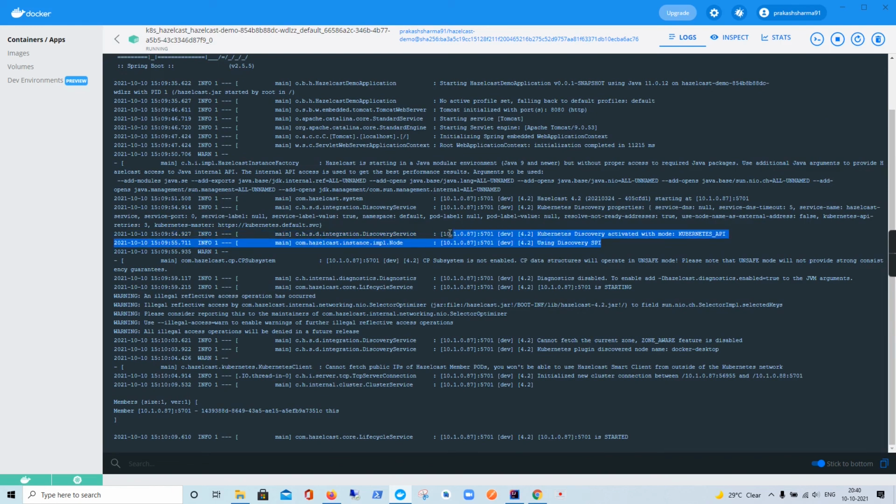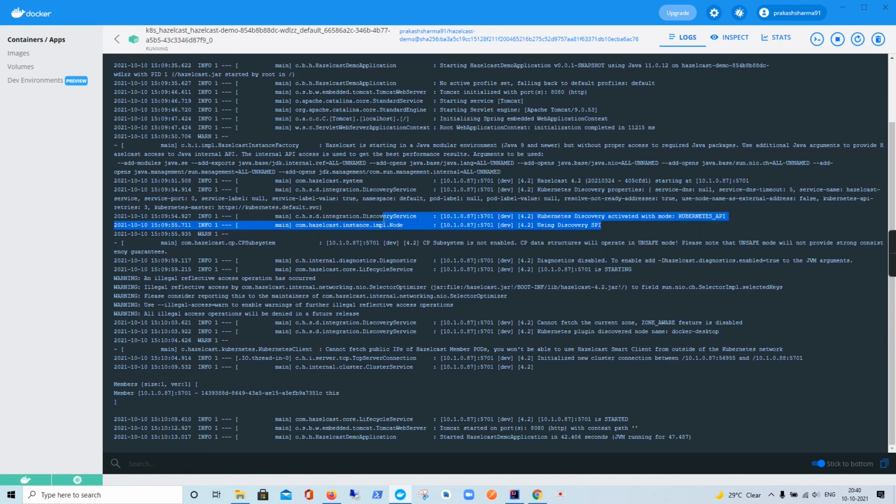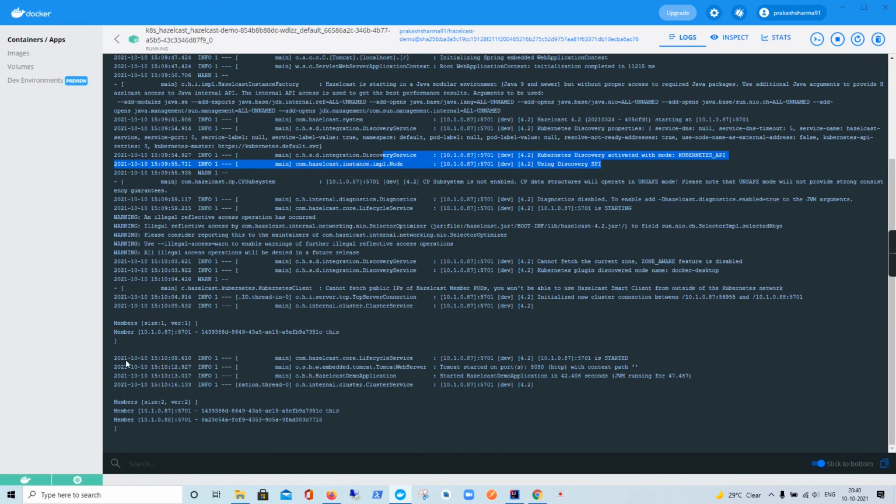Basically the Kubernetes-based discovery is enabled, and right now only one instance has come up. So this is the cluster formation. Now another instance inside the Kubernetes cluster has also come up, and they were both able to find each other, and that's how they formed a cluster.